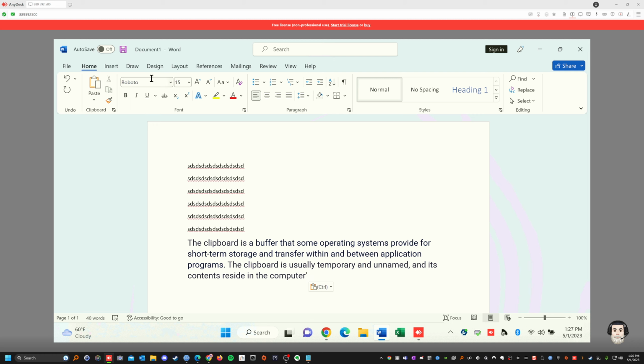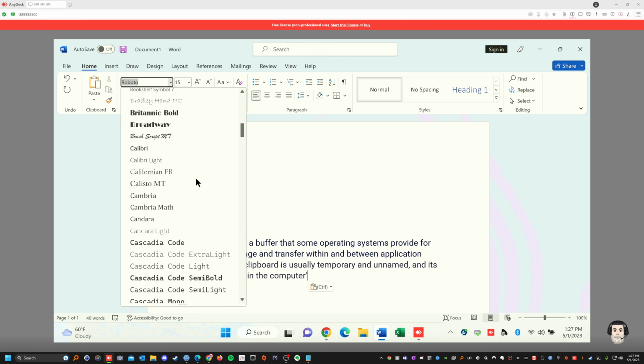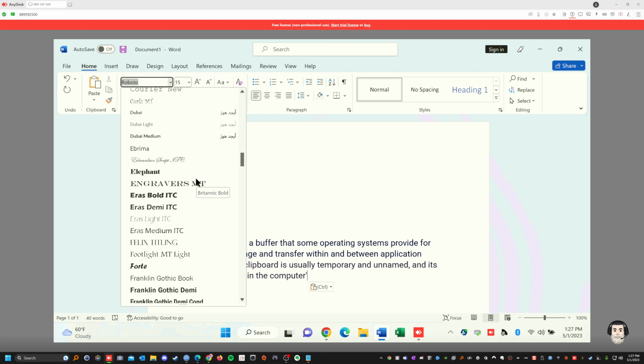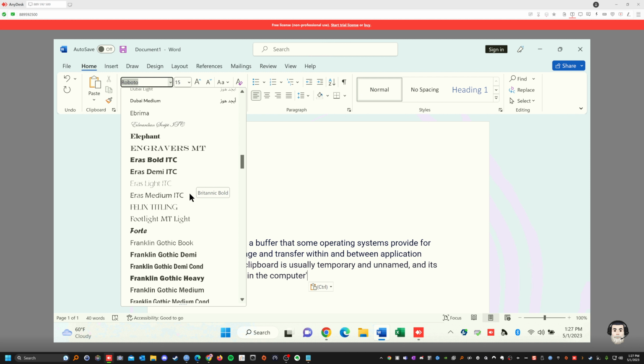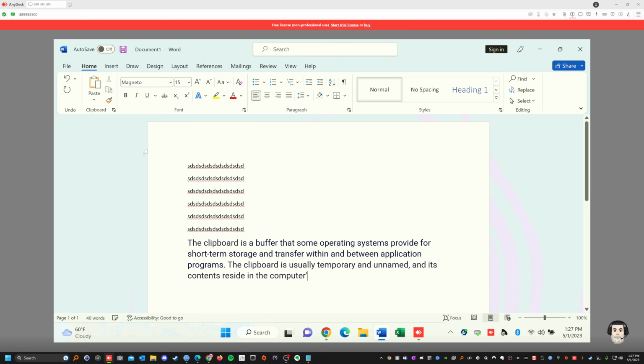So the next one is the font, the type of font you want to add into the letter. There's a lot of fonts. Okay, there's thousands of fonts. But usually Windows has a limited amount of fonts. But you could add more fonts, like this type of font in Magneto. See the difference? If you type in Magneto, the font's different. See that? It's called a font, F-O-N-T.